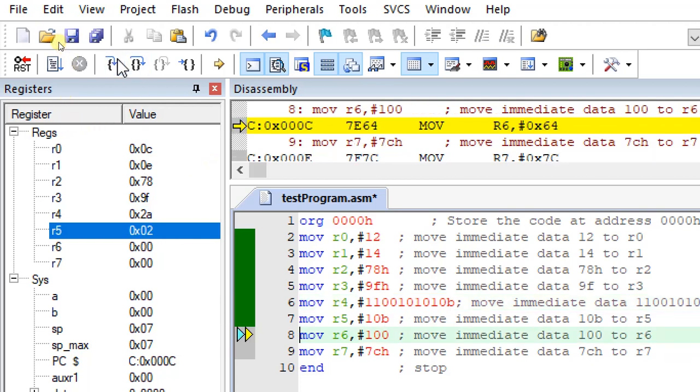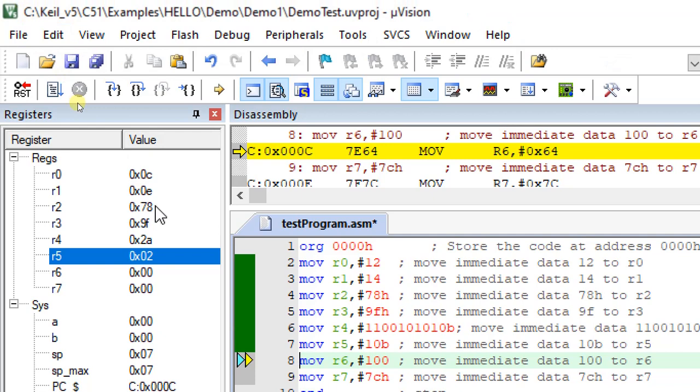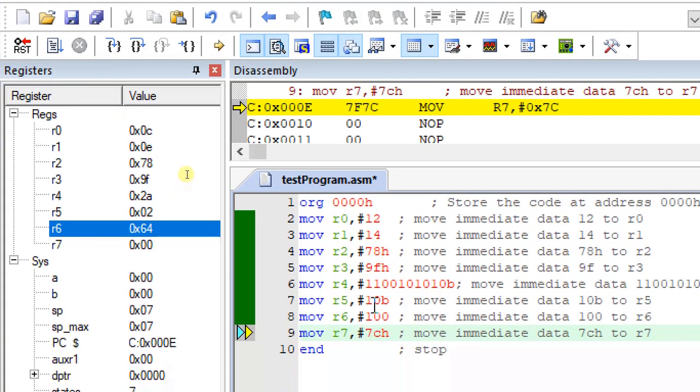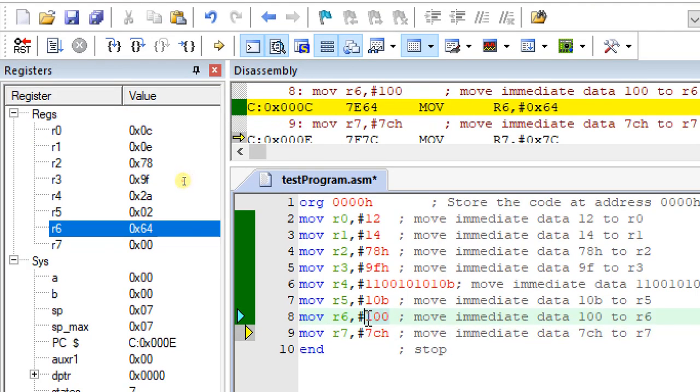Then 10B. 10 is a binary value, and 10 binary is nothing but 2. 2 is moved to R5. Likewise, 100: because I have not mentioned anything, it is a decimal value that is converted into hexadecimal value.